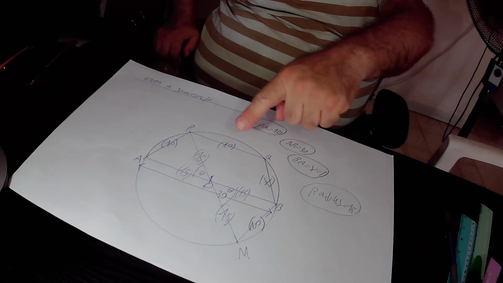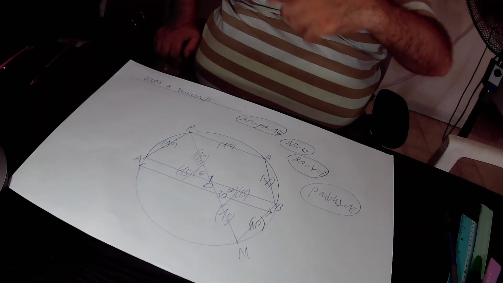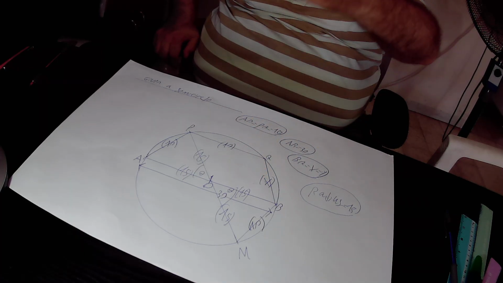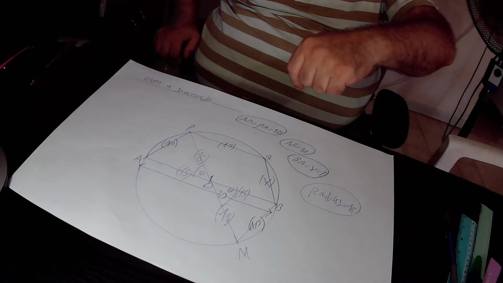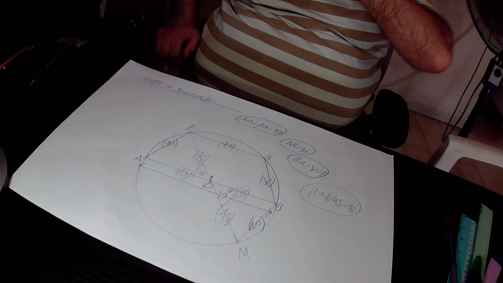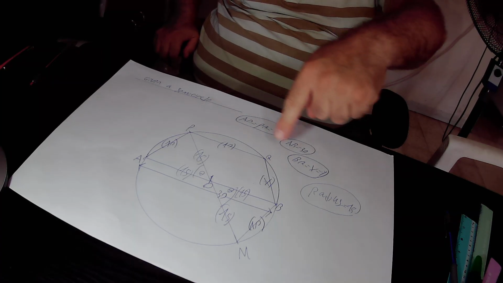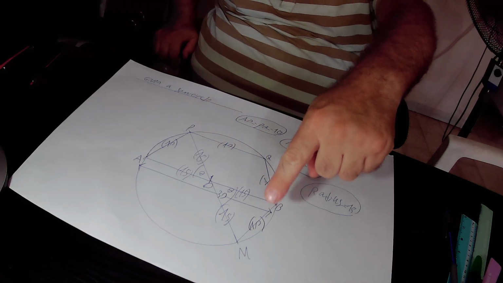PM, chord PM passes through point O, that is the center of this circle, and we know that any chord that passes through the center of the circle must be the diameter of the circle. Therefore, PM is the diameter of this circle. In the next step, I copied this semicircle with the diameter PM and we analyze this